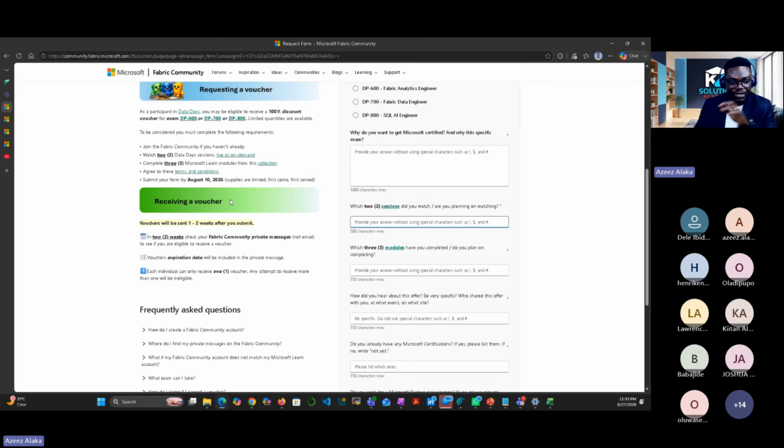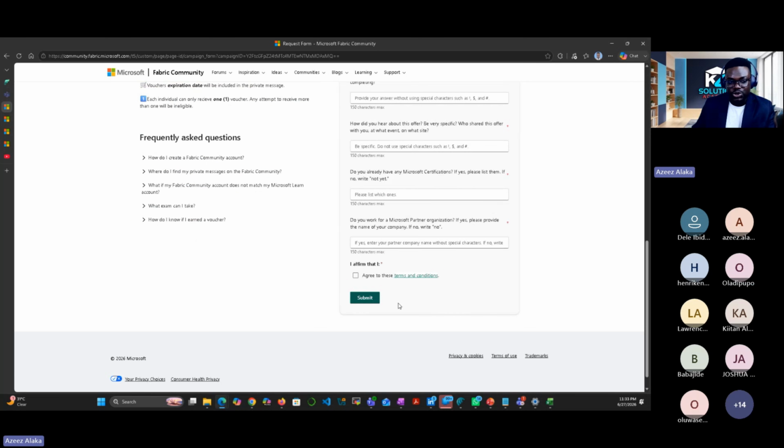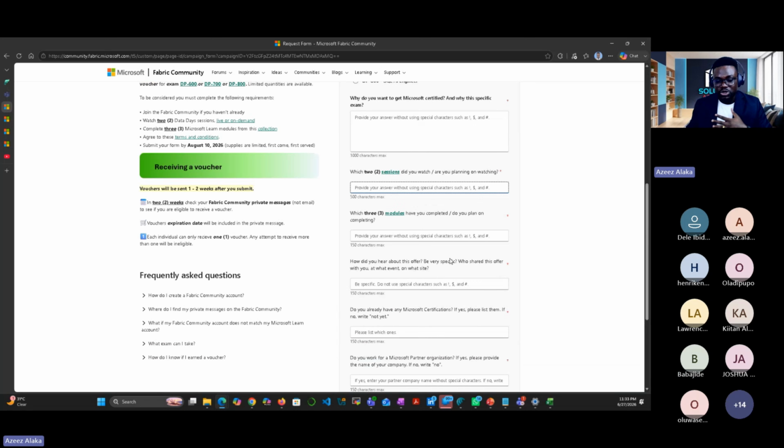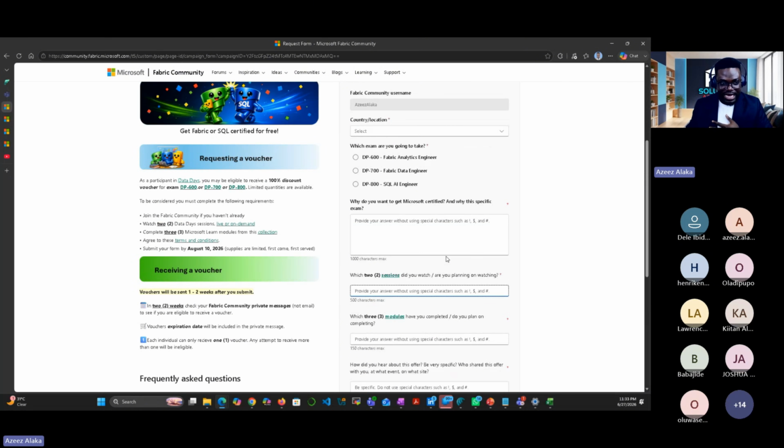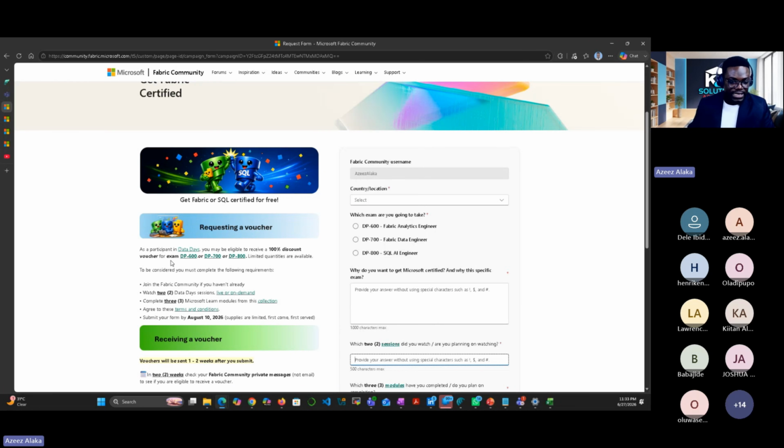So this is everything you need to do. These are the things you need to do, which you can complete now. Fill this form and click on submit, and you get your voucher. And you can use the voucher for anything, to write any of these exams. So this is number one fulfilled. Now everyone on this call knows how they can get this voucher. I'll be very happy to see that you are able to get the voucher and write the exam. Once you get the voucher, please reach out. We can also guide you on how you can pass the exam. Okay, so the next thing we want to show you is, where's my slide?